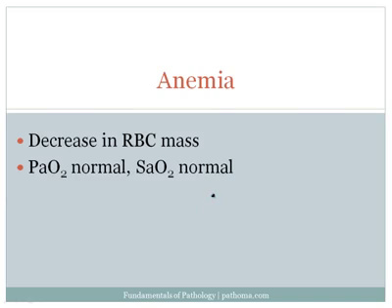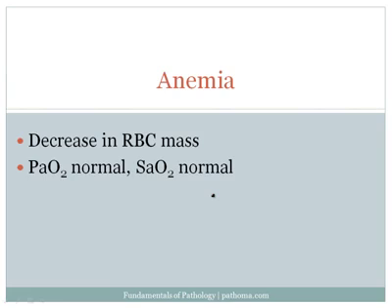Let's just give you a few examples of that to highlight this idea, because this is one of the few places we'll get to discuss this principle. One example of a decreased O2 carrying capacity of the blood would be anemia. Remember that anemia refers to a decrease in the total red blood cell mass in the body. And when there's a decrease in red blood cell mass, there's going to be a decrease in the amount of oxygen being carried in the blood. And therefore, if there's a decrease in the amount of oxygen being carried in the blood, there's obviously going to be a decrease in the amount of oxygen going to the tissues, i.e. hypoxia.